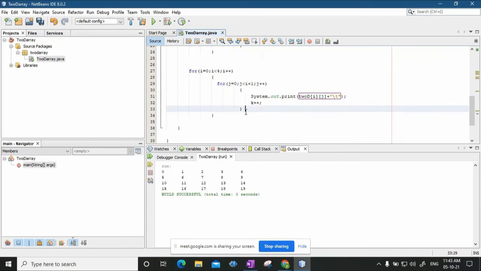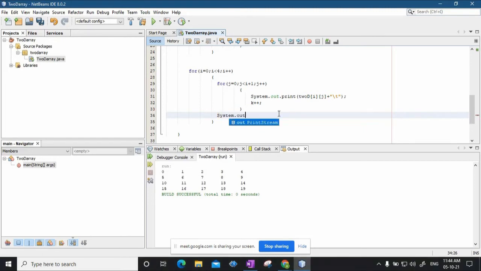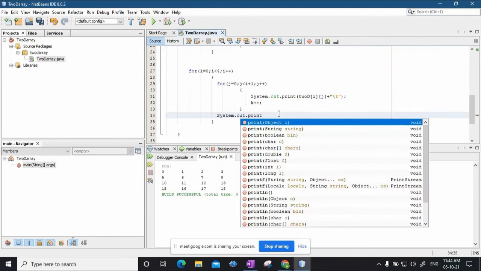This particular iteration here will print all the elements in one particular row. When going to the next row, when it comes out of the for loop, I want to take control to the next line. So I will just write a new line here, System.out.println.